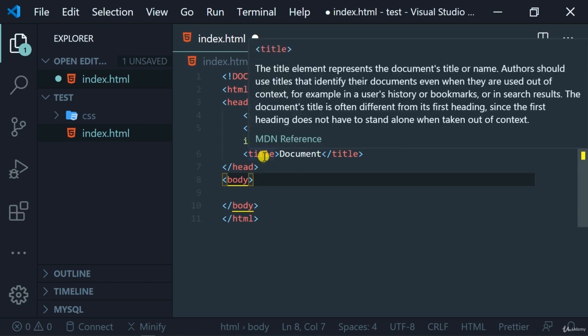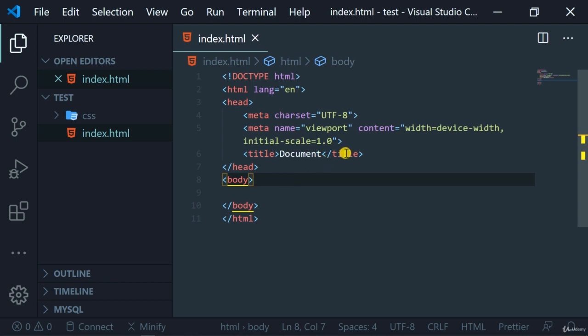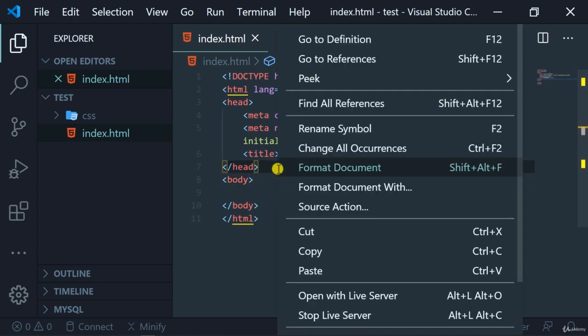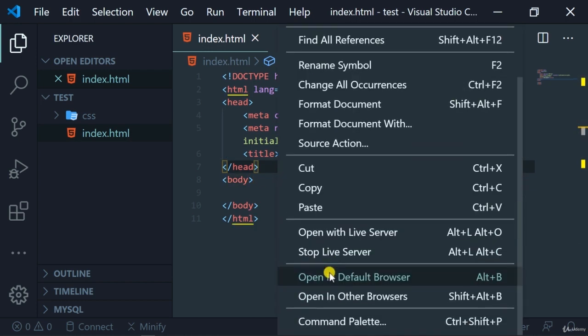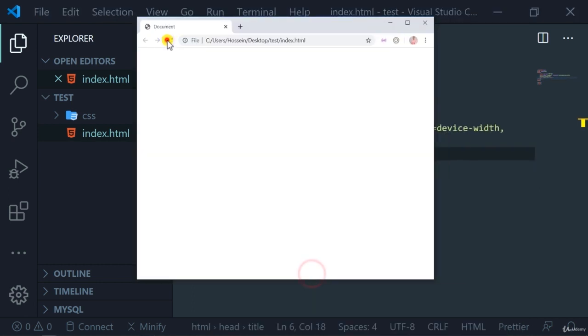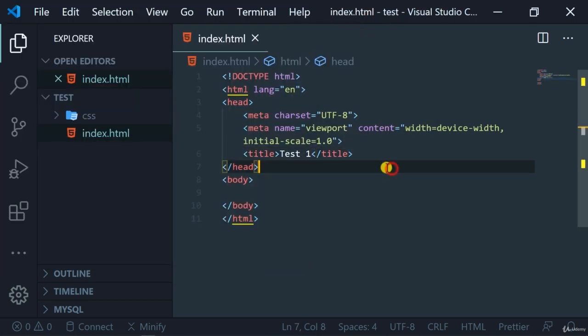When you hover over everything, it explains it to you, tells you the reference, and then you can click on it and it takes you to the reference tab and explains more about it if you're interested to read more. And let's open it in a browser. Two ways you can do that: either by right clicking and choosing open in default browser, refresh, test one. So this is how you can open files in the browser, or you can open it with live server. For example,